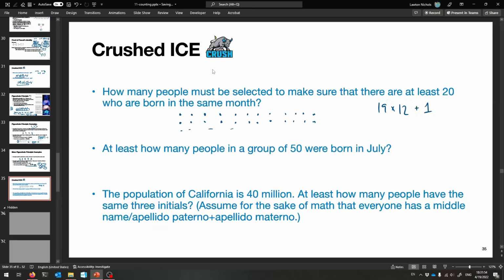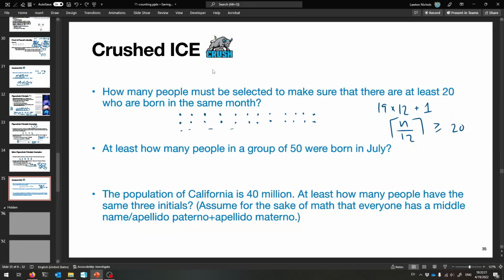Okay, and that'll force this to happen, because if you try to spread them out as much as possible, you're trying to find an n such that when you divide by 12 and take the ceiling, that better be greater than or equal to 20. You want to find the smallest n that makes this work, okay? Because that will give you, if you try to spread them out as much as possible among all those 12 places, the size you need to ensure that you have at least 20 people born